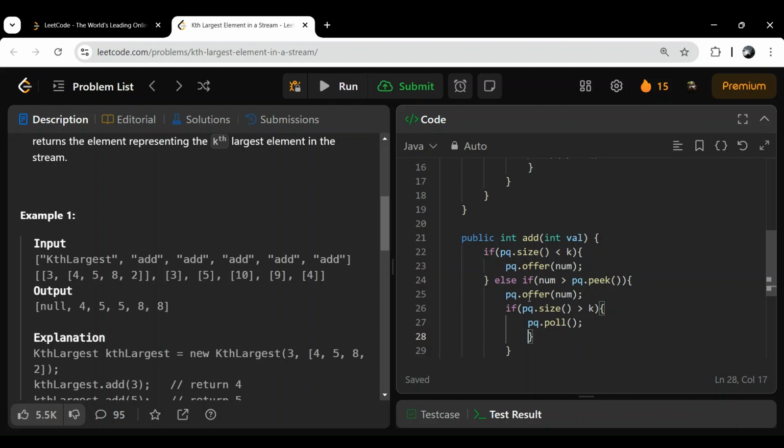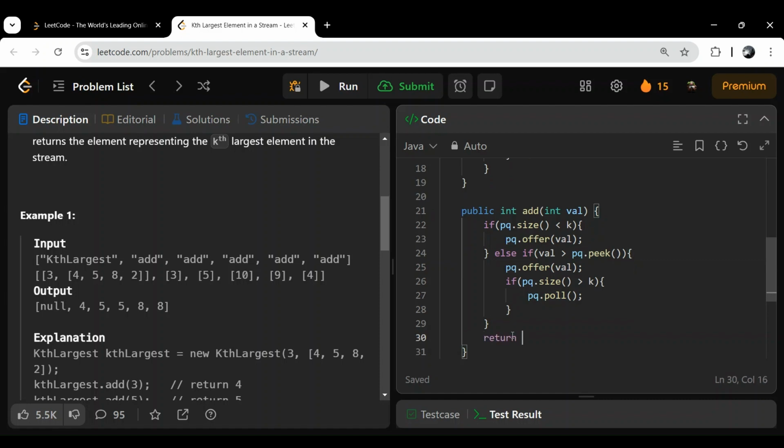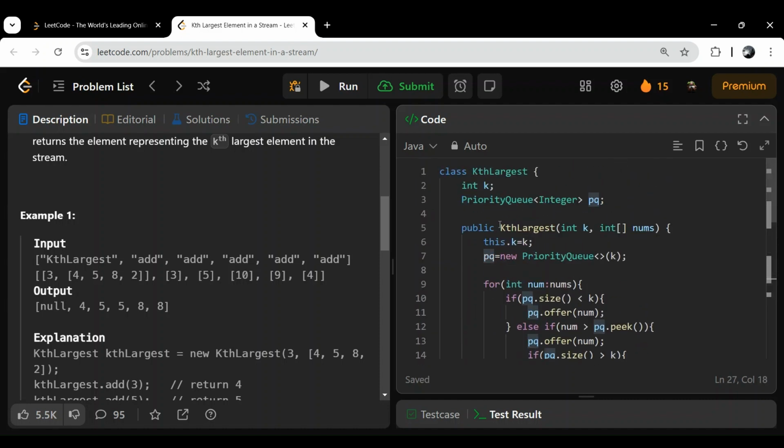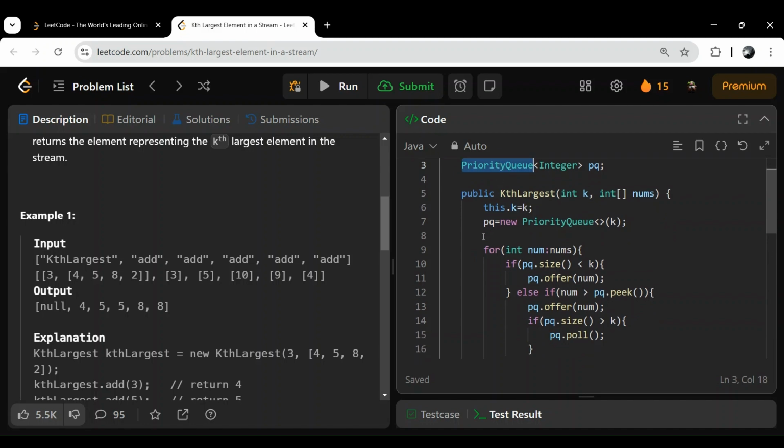Here instead of num we want val, so we will insert val. If our value is greater than pq.peek, then we will add that value and we will remove the top element, and we have to return pq.peek, because that will be our third largest, or kth largest element. So what we have done: we have our class KthLargest, and this we have to declare. You can use private also. So the priority queue, then here this.k is equal to k, and we have to initialize,